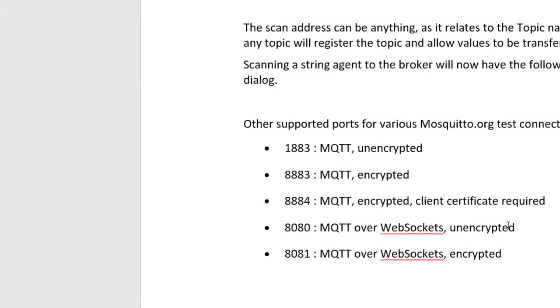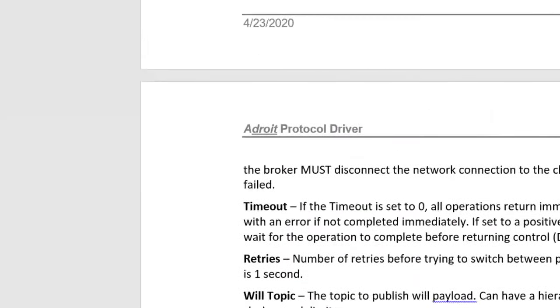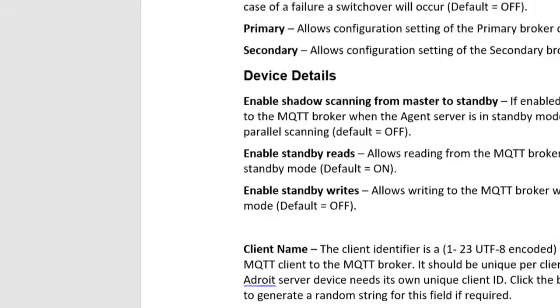This is in my driver doc. You've got encrypted with certificate 884, also WebSockets, so really flexible. I don't know if there's anything else that might jump out at me.